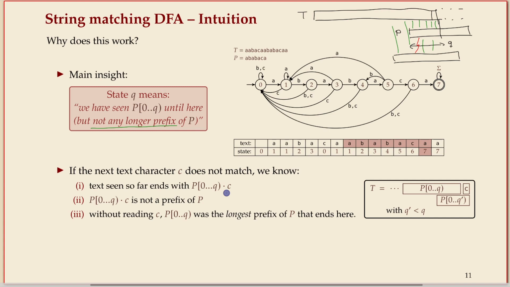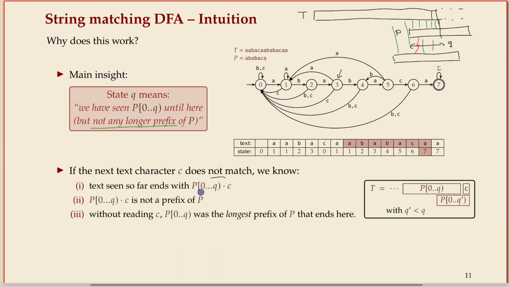So if we're in a certain state Q and we now read a character C from the text, we don't know what that is. The text could be anything. So one letter C comes. So there's two options. It could be the next character of the pattern. Then we just go to the next arc. So if we're in this state, then we've seen the first 3 characters of P and not more. If we now see a B, then we've seen now the first 4 characters of P, and that's the easy case. If we have a non-match, so there's not the right character coming,